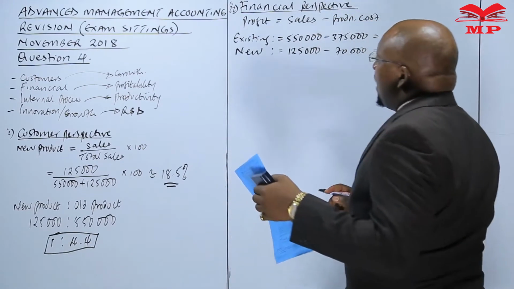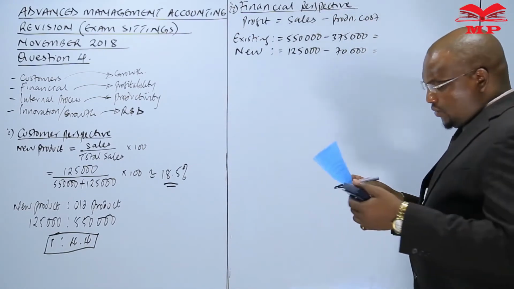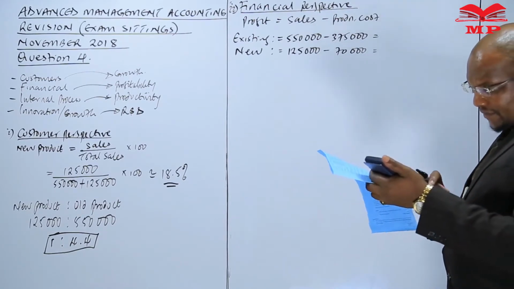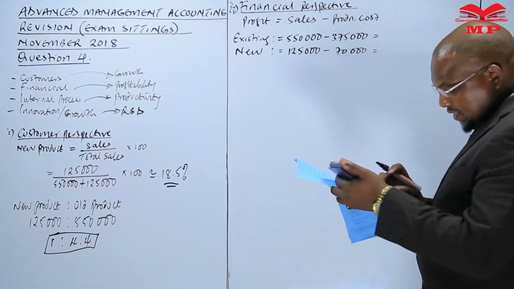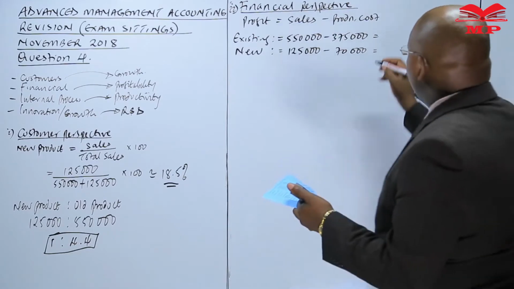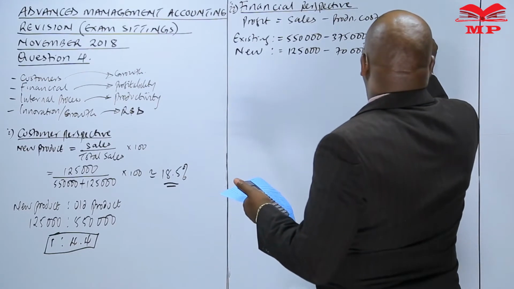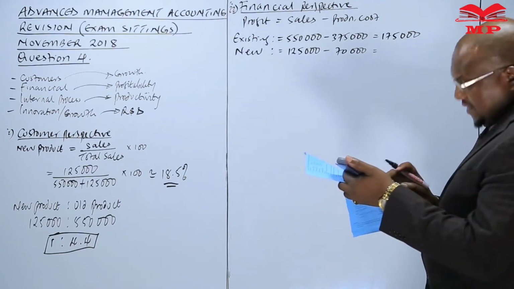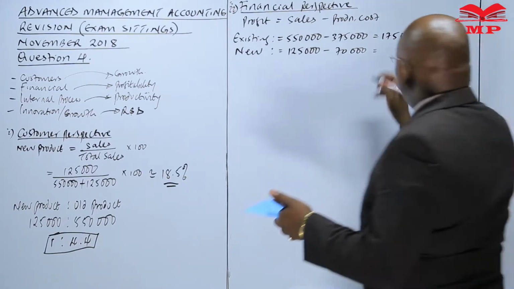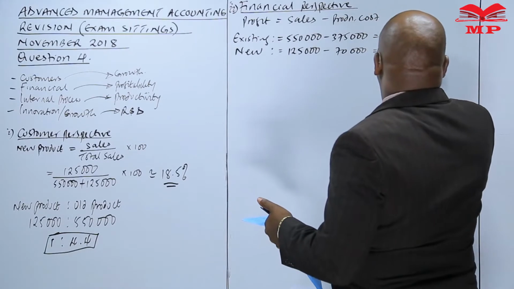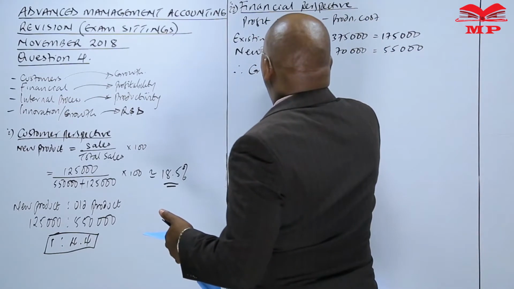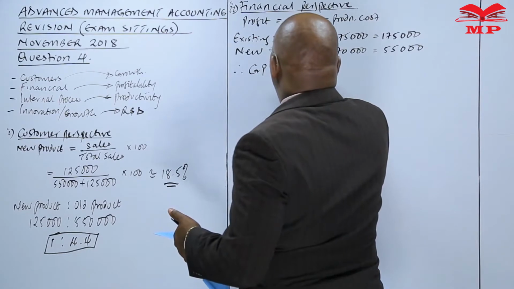So the gross profit we have here, the profit we have, is we can get this difference. We have 550 as a sale minus 375. This is 175,000, and this is 125 minus 70. This is giving us 55,000. So therefore, the gross profit or just net profit